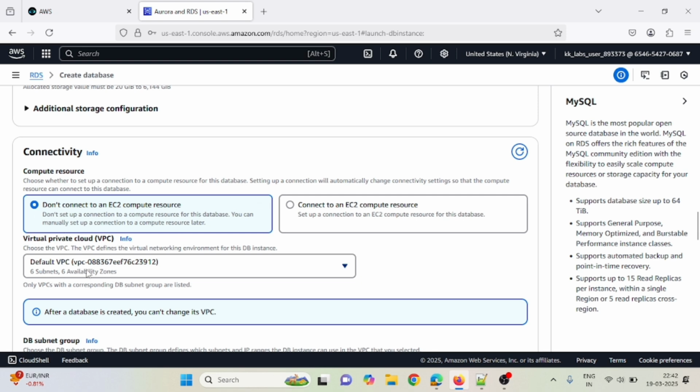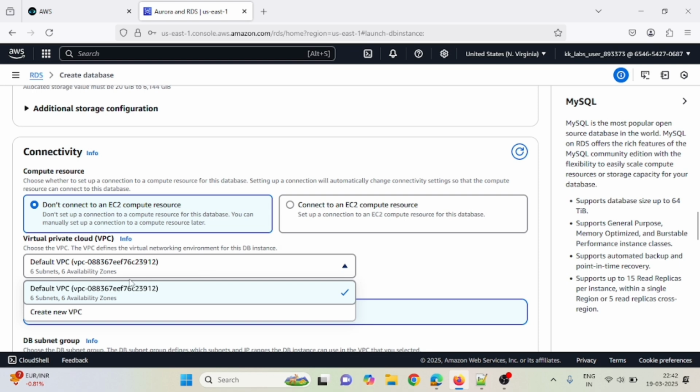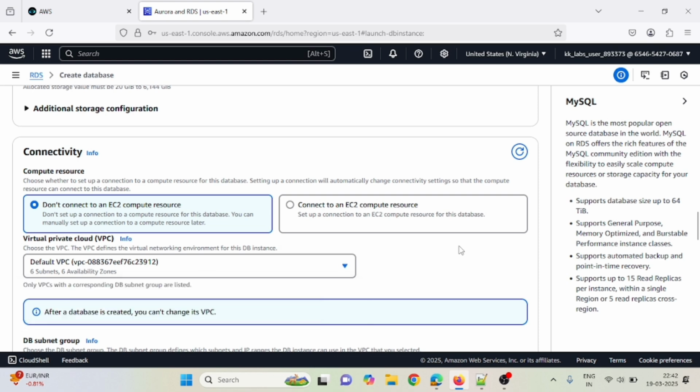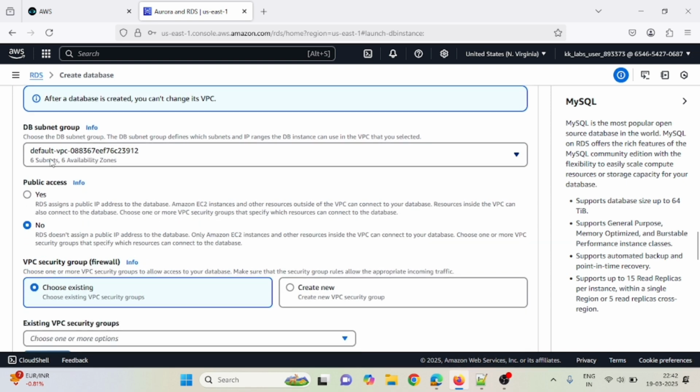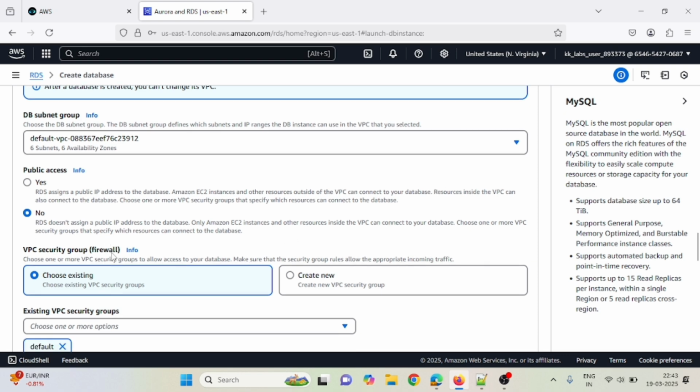And for VPC, here I am going with the default VPC. If you have any VPC, you can select that particular VPC. I am going right now with the default VPC only. Scroll down. I am also going with the default subnet for the VPC. Public access: the DB should not be accessed from outside AWS. So I am making it accessible only within the VPC, so I am selecting the option no. Okay. Next,